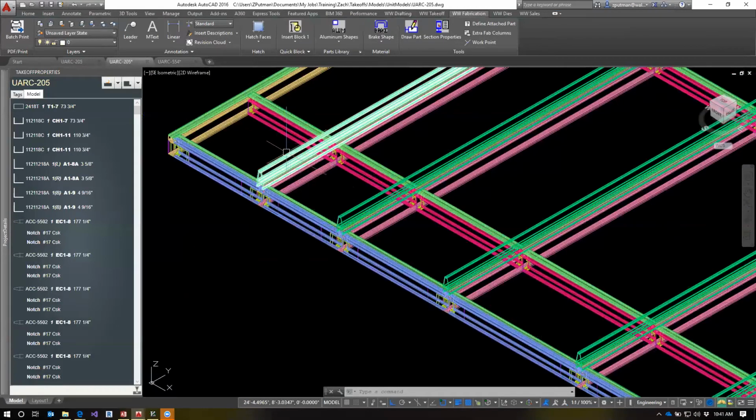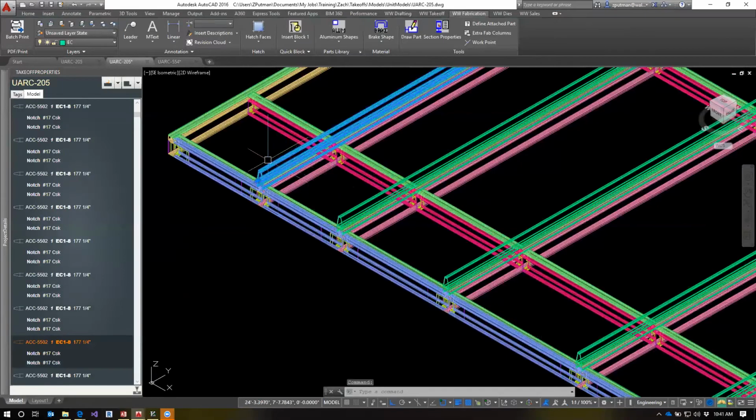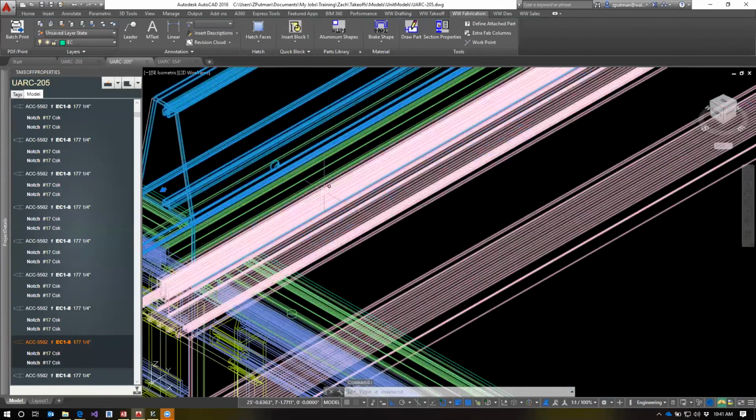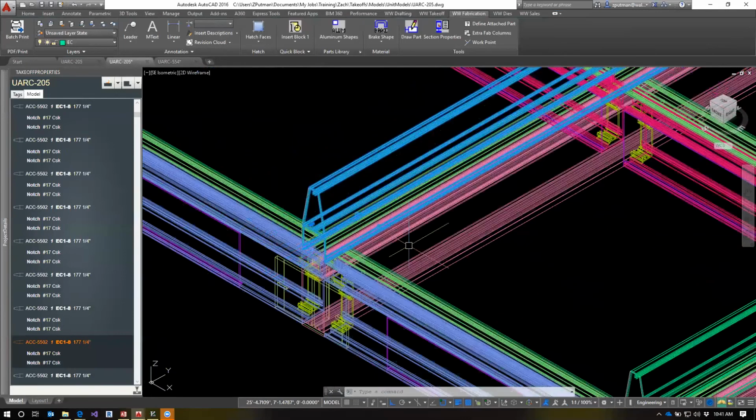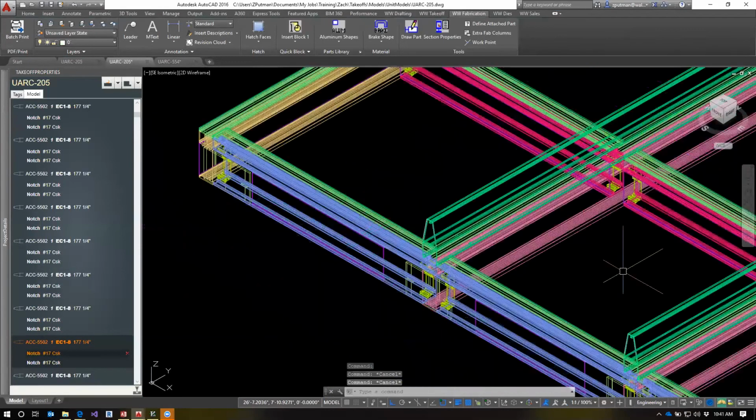You usually don't want your Fab 1 to have any sort of notches that might be specific to a particular area of the building or something that may change. I don't think this is going to change. I think these holes are always going to be there because this thing's always going to have to be attached to the vertical in some way, and 6 inches from each end seems like the typical way that it's probably going to be attached. So I don't have any problem with putting these notches in Fab 1 since they're always going to be there. But for other things like